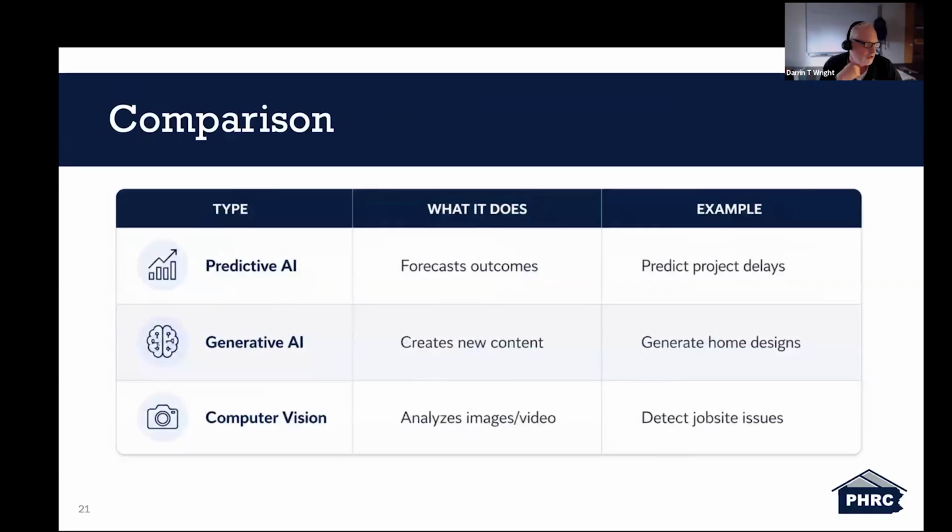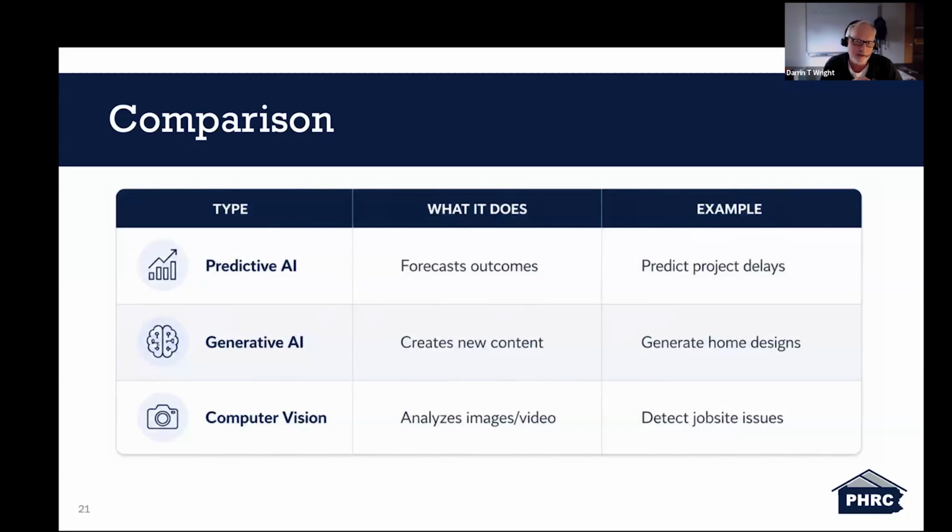And here's a little comparison chart. Predictive AI forecasts outcomes, like predicting project delays. Generative AI creates new content, like generating home designs. Computer vision analyzes images and videos and directs job site issues. If anybody has used software like ChatGPT, that is more of a predictive AI.